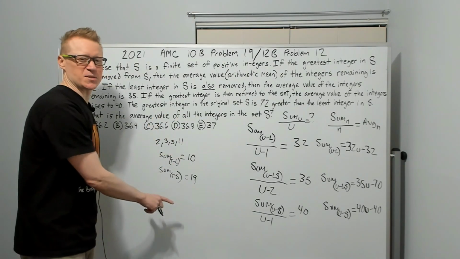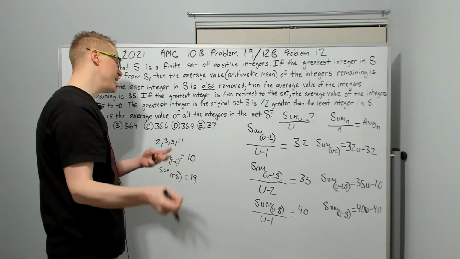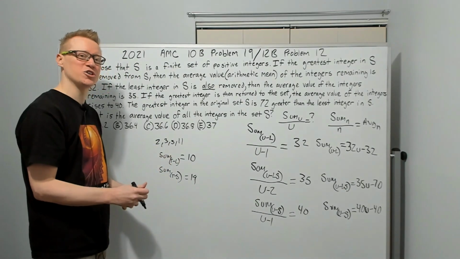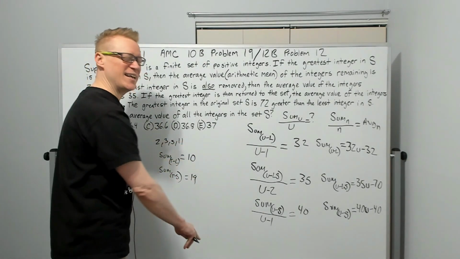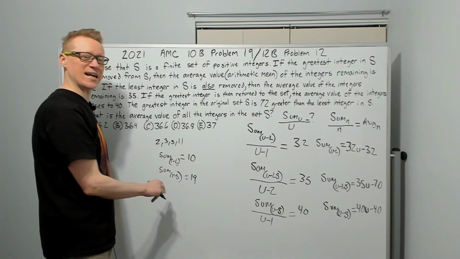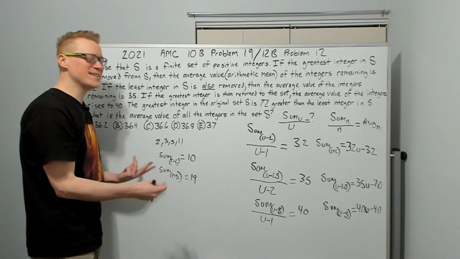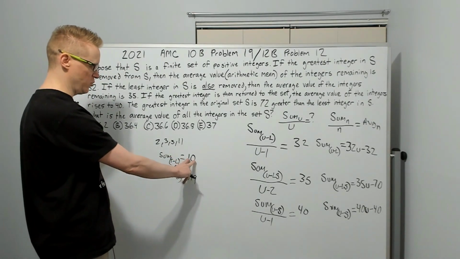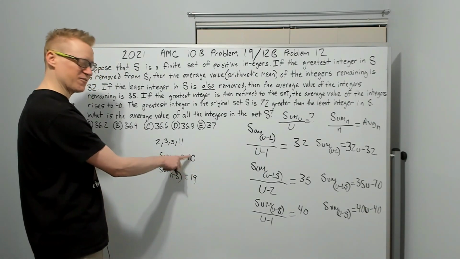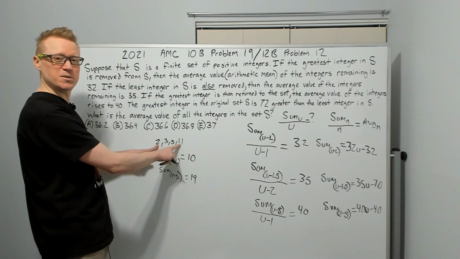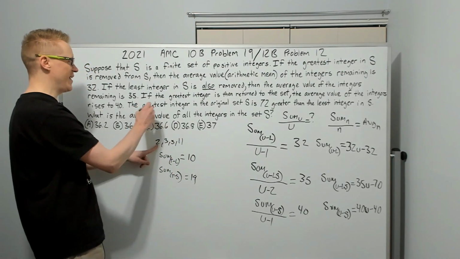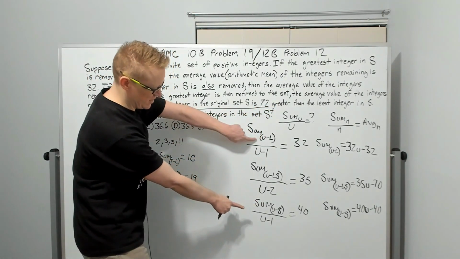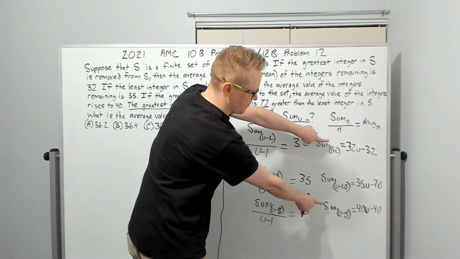I suspected this was always the case. Now, some of you might have just processed this and thought about it great, but for me, I kind of have to prove things to myself a little bit sometimes on the test, so I feel more sure that it's going to work. I then did a second case. It confirmed exactly what I suspected, and it makes sense, right? When you think about it, if you took out the largest number from the set, you're missing one number, take out the smallest number. The difference in those sums is the difference between the largest and smallest numbers, and that's what it tells us right here,